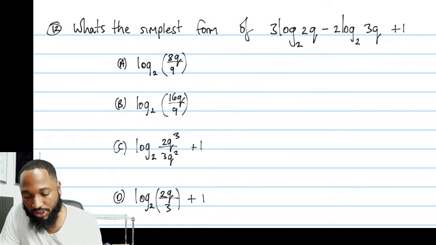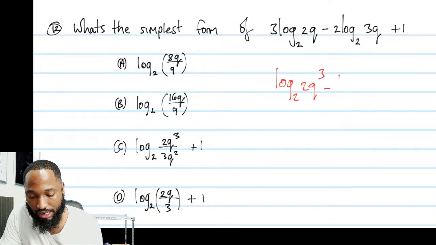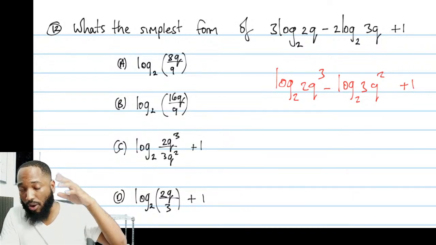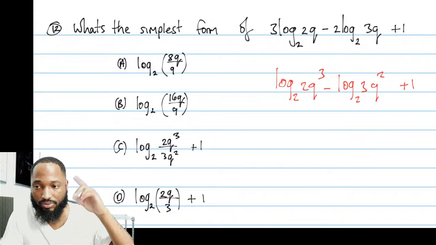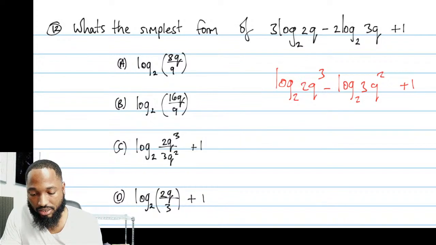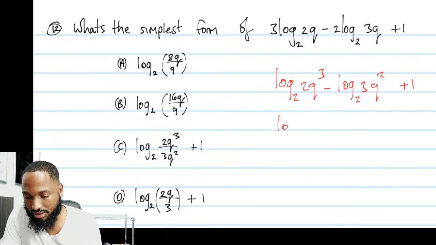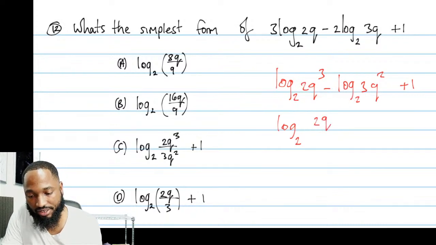There's a 3 here, so this is supposed to come up on top. So this is log 2, and I would still advise to use that method to double check your answers when you're coming back around the second time. Log 2 of 3Q squared plus 1. So you see how that's the power rule, right? Power rule, send it up. Then this is subtract, so you need to divide. Logs, right? Log A minus log B is log A over B. So this is log to the base 2. We always deal with that same base that they give us. It must be the same base for it to work.